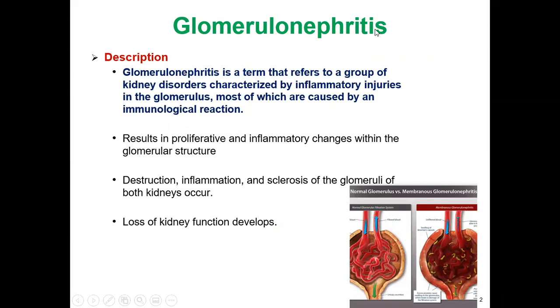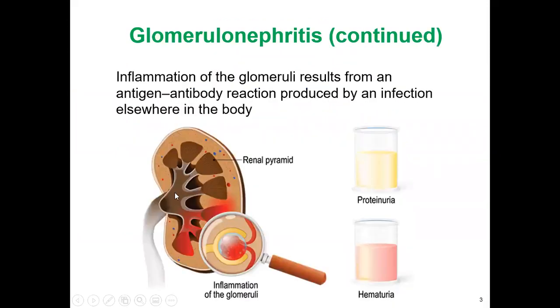glomerulonephritis. So in the picture you can see, this is the kidney, and this portion is called the pelvis, this is the pyramid, and this is the calyx. So inside the kidney, we can find the nephron. One part of the nephron is called the glomeruli, or glomerulus. So if any infection occurs inside the glomeruli and it causes inflammation,